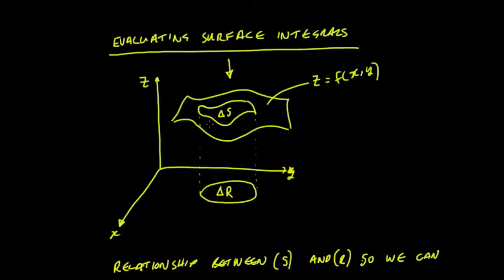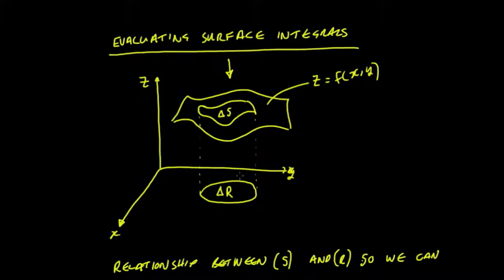Now we're going to look at a neat way of evaluating surface integrals. So let's say, for instance, we've got our x, y and z plane, and we've got some simple function, so z is a function of x and y, which gives a surface here. Now let's consider we take a small part of that surface, we just call that part of the surface delta s. Then we can project that surface down onto the xy plane, and it'll give us another surface here,